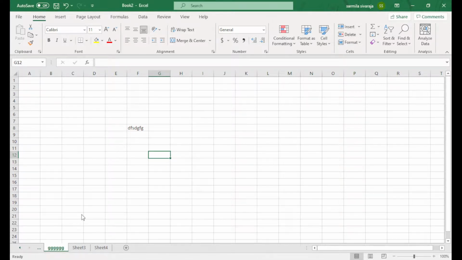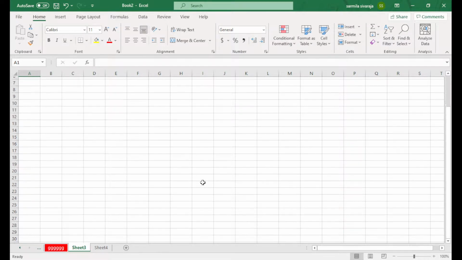Then you can set the tab color, or sometimes you need to hide your tab, hide your sheet. So this is Sheet 3, right? I'm going to hide this Sheet 3. It's hidden. Then you can press this button near Sheet 3, just press Unhide. It shows what things you have hidden. Then I will press Sheet 3, and it's back to the normal view. So that's based on these sheet options.